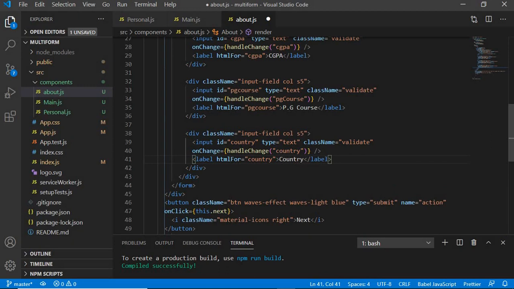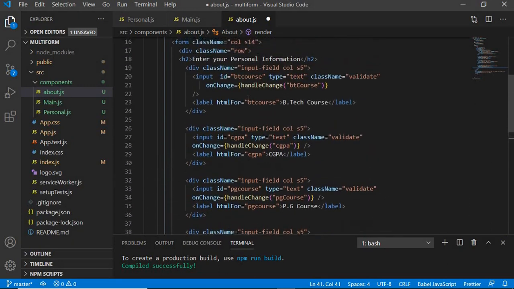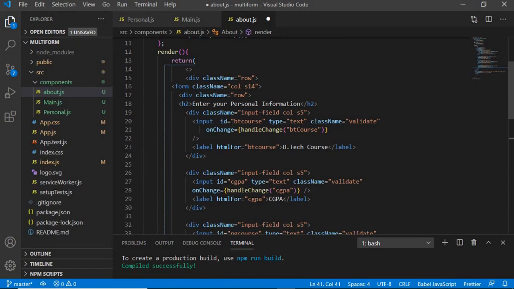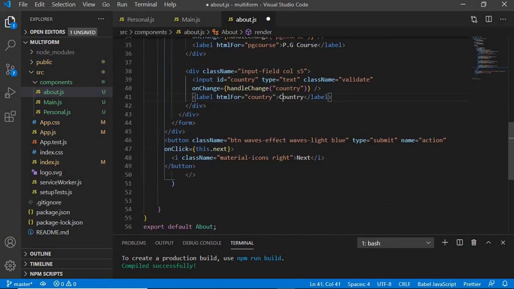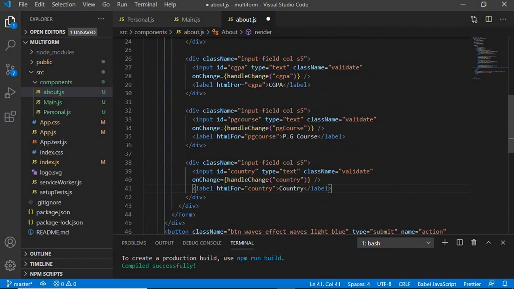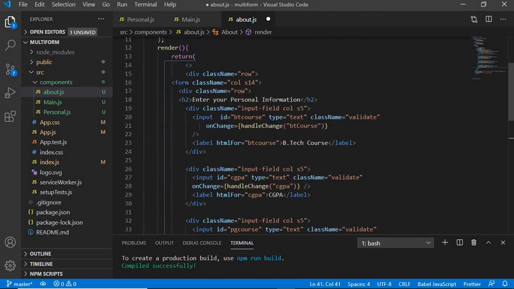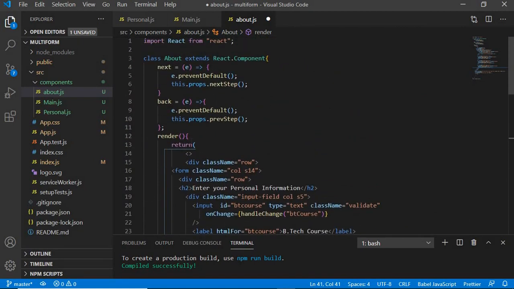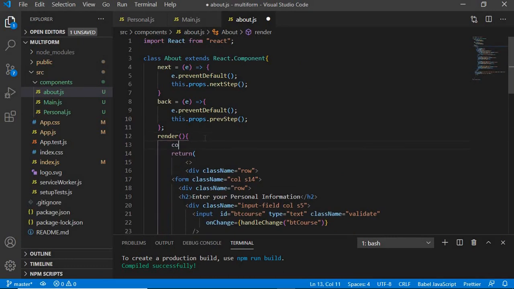Alright, so I think we've made all the changes that are required. So we have all our information. Okay, this is all perfect. Now, all the handle change is also done, but we haven't called it as props. So inside your render, just get the handle change as props. So const handle change is equal to this dot props,